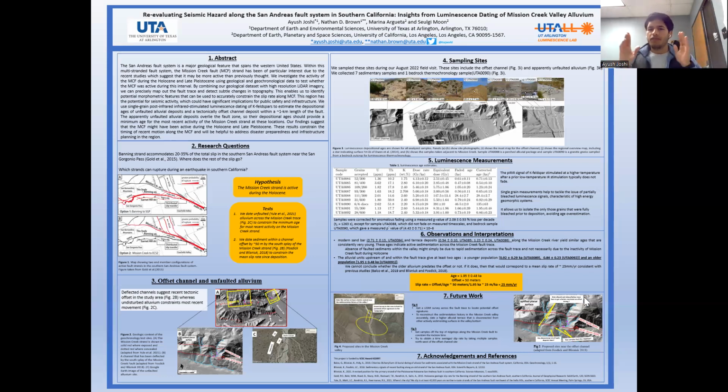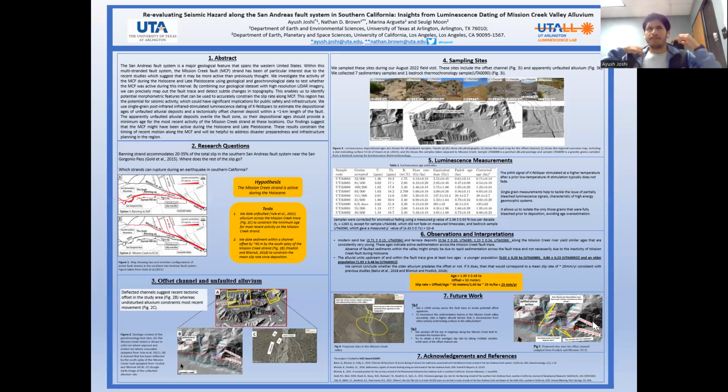So, for our future work, we have targeted both our areas. For the valley region, we want to do a drone survey where we can map this entire region at really high resolution so as to locate offset signatures. And if we are able to do that, then with these offset signatures and with our really young ages, we'll be able to prove or argue that the Mission Creek fault has been active, and it has been active in the recent 800 to 1000 year time scale, because those are the kind of ages we got for our alluvium samples.